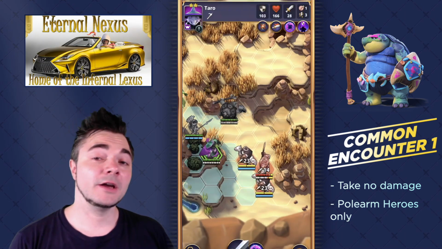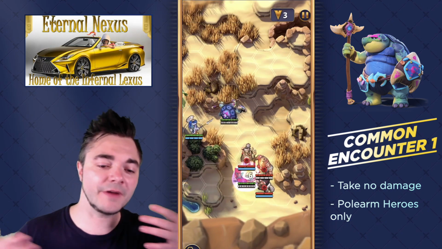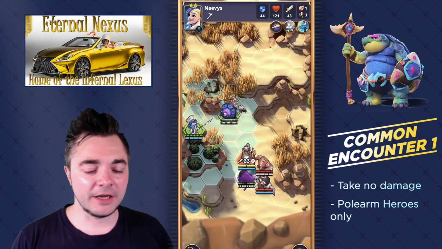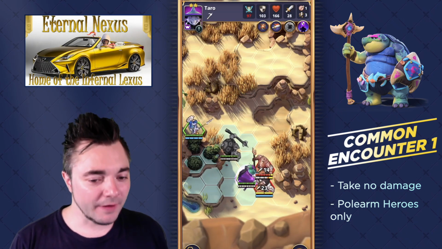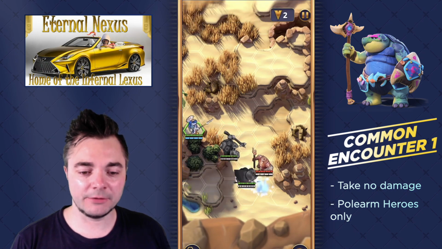And then on top of that, Taro also happens to have polearm, and Taro is a unit that can actually prevent taking any damage, as we can see here. So now we're in a really good spot, and we just have to time our attacks correctly, think about where do we attack next. And what's actually interesting about this whole thing is that polearm is playing a role, because